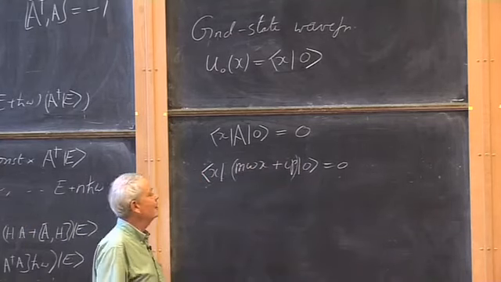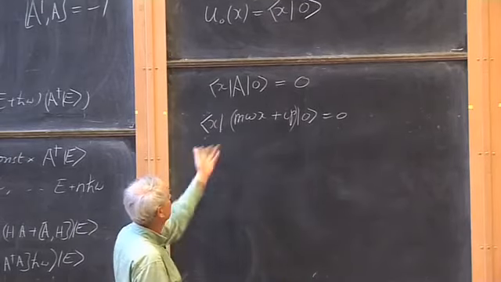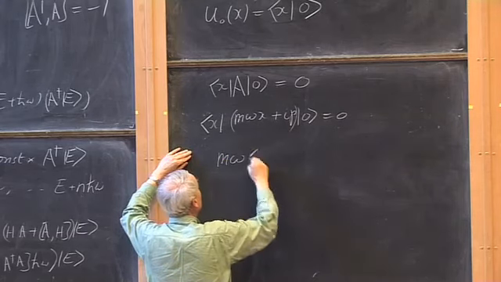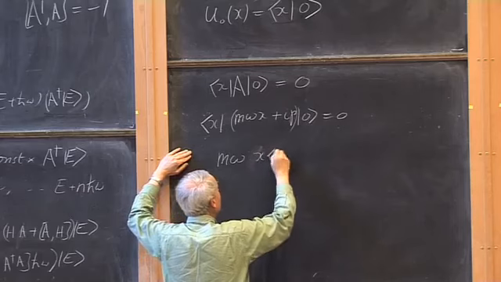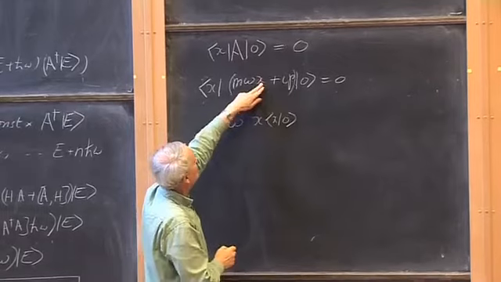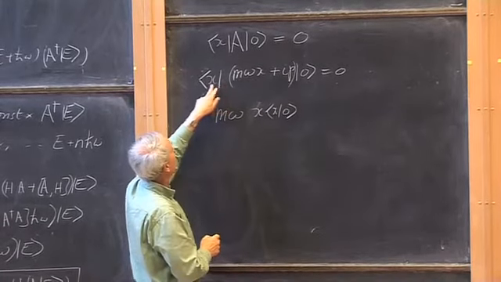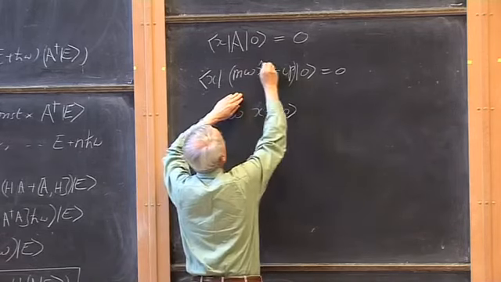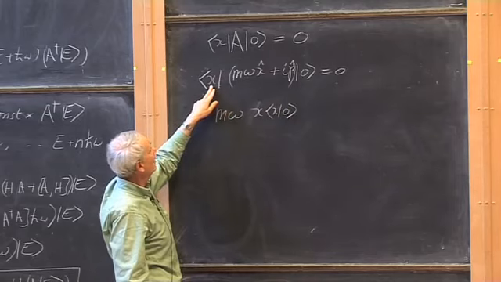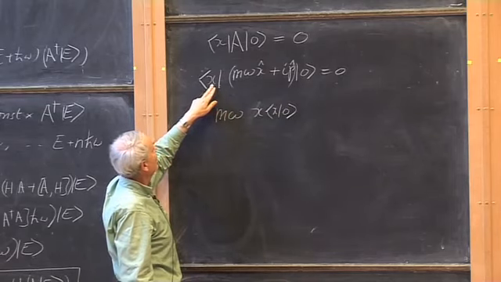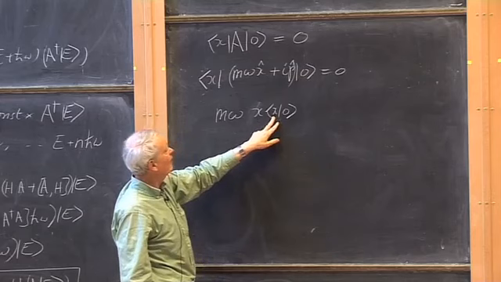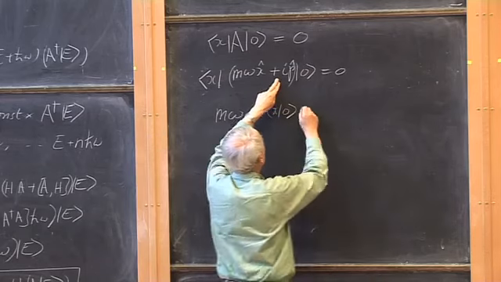Why don't we write this in the position representation? We're more or less committed to that. This tells me m omega x acting on |0>, because this is the position operator. This is an observable. I can imagine that it operates backwards on this. This is an eigenfunction of that operator. So those are both operators. That's not an operator. This operates on this, if I want, backwards. This is its eigenfunction. So I get an x, the number, times this. This then meets that and produces this, which is our wave function. And then we also have plus i